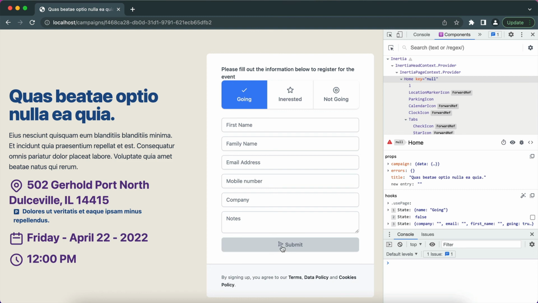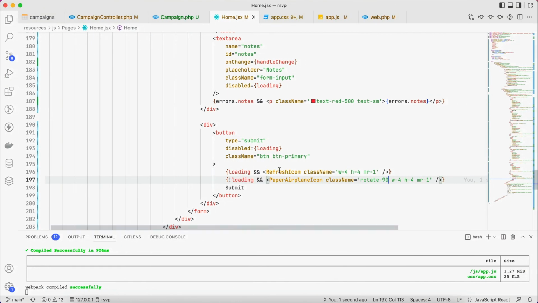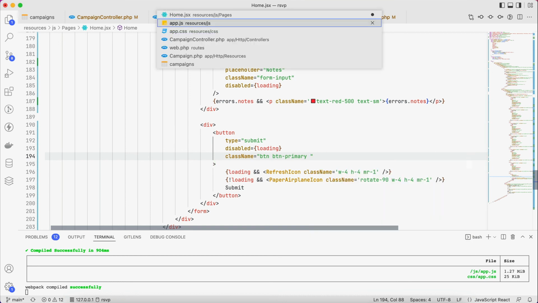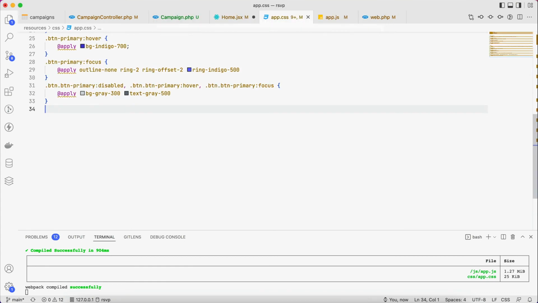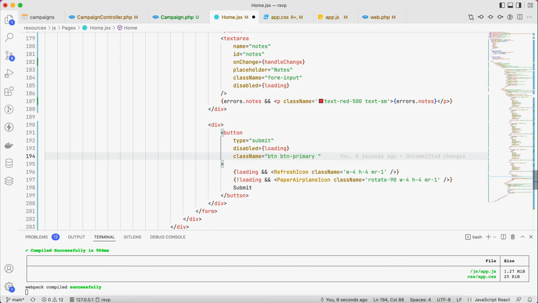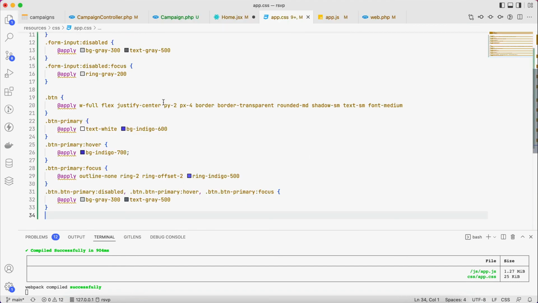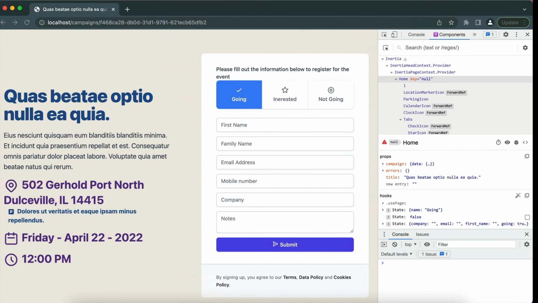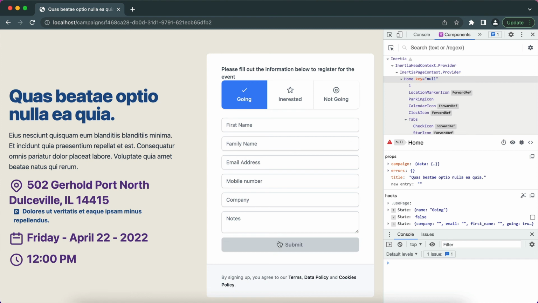However, it's not aligned in the center, so we can do the following. We can make this, I'm not sure we made the button, is it flex or inline flex? It's flex, so this will work. We can do this here also, items center. Now if we refresh, now it's aligned, and when we click,